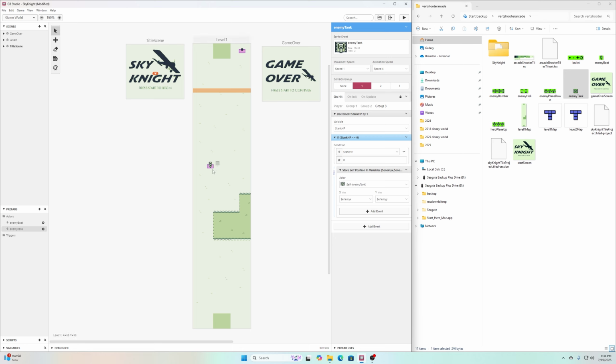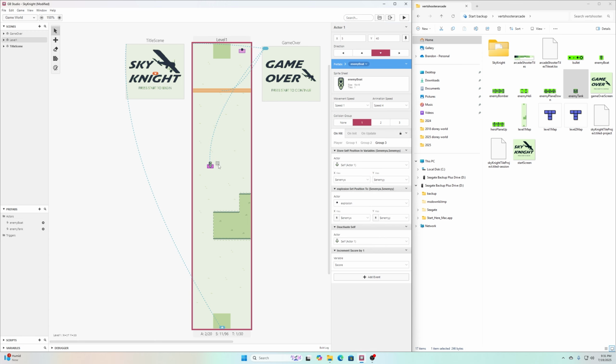And then if we go here to our boat and we moved our explosion, so I'm actually just going to copy that event from here. And if you remember, we cannot make that change to our prefab. And I kind of asked a question about that before and if people have an answer, they can put it in the comments. I'm not sure why it doesn't work that way, but what we can do is